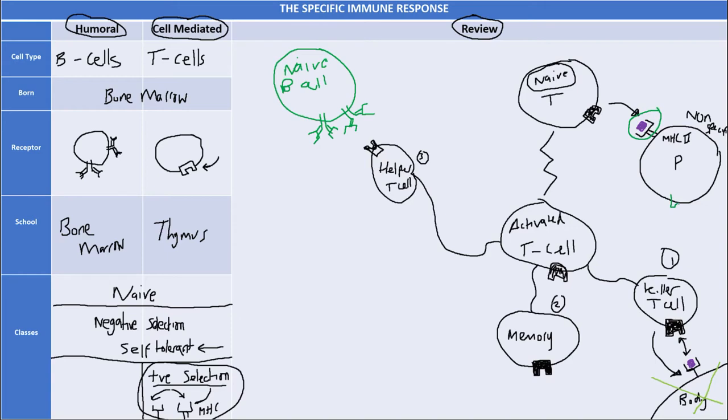So in order for this phagocyte to phagocytose, it must have been able to bring it in through phagocytosis. So what happens is that this naive B cell binds with the